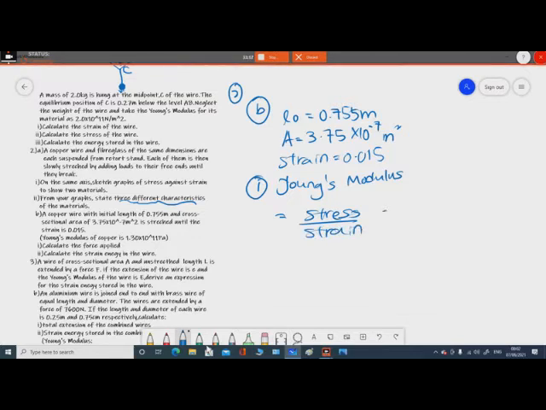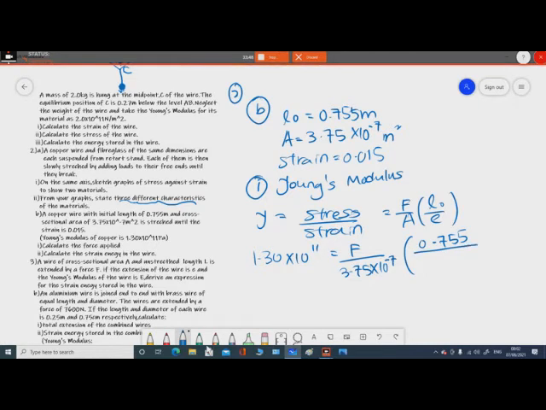So stress over strain, we know that is actually F times the L naught over E. So we need to find what is the force applied. The Young modulus here given is 1.30 times 10 to the power of 11. So force is the one we need to find. So 3.75 times 10 to the power of negative 7. So the original length is 0.755 divided by the strain is actually